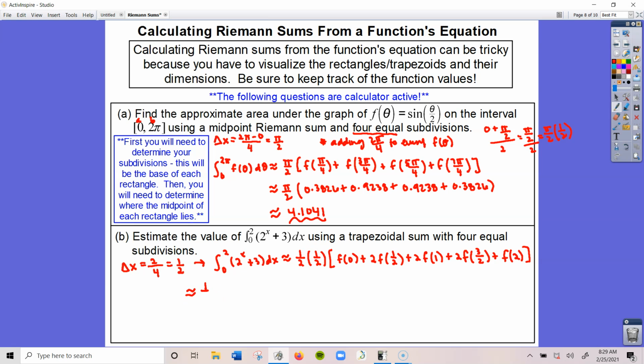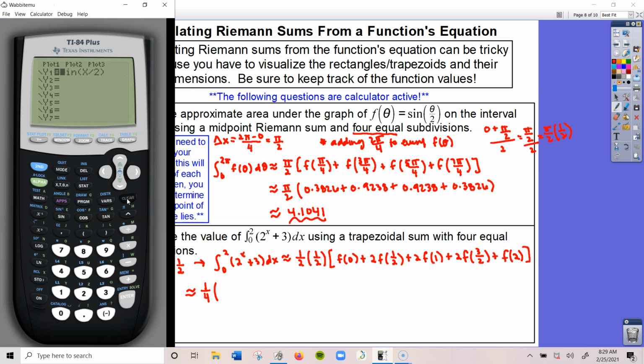1/2 times 1/2 is 1 over 4. Now I want to know what is f of 0. So I'm going to go to my calculator here. Let's graph this function. So 2 raised to the x plus 3. And I'm going to adjust my interval here so that it's from 0 to 2. Now let's start getting these function values. So I want to go to my value here. So I want first f of 0, which is 4,